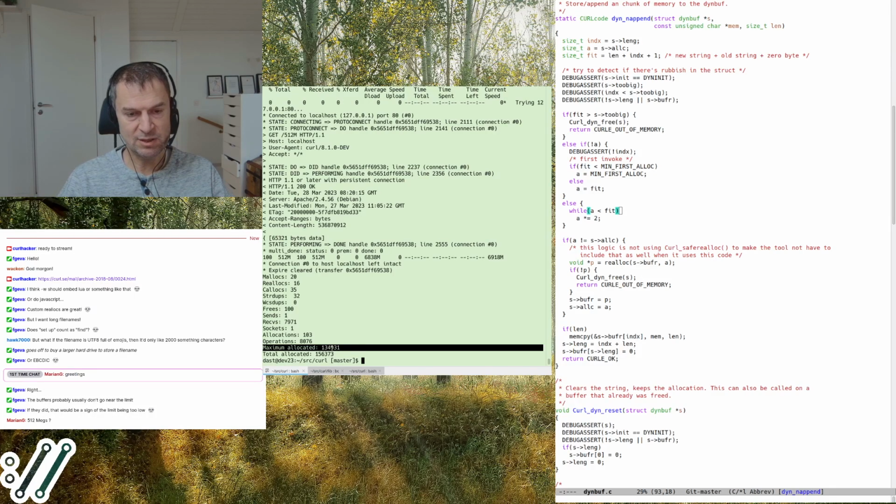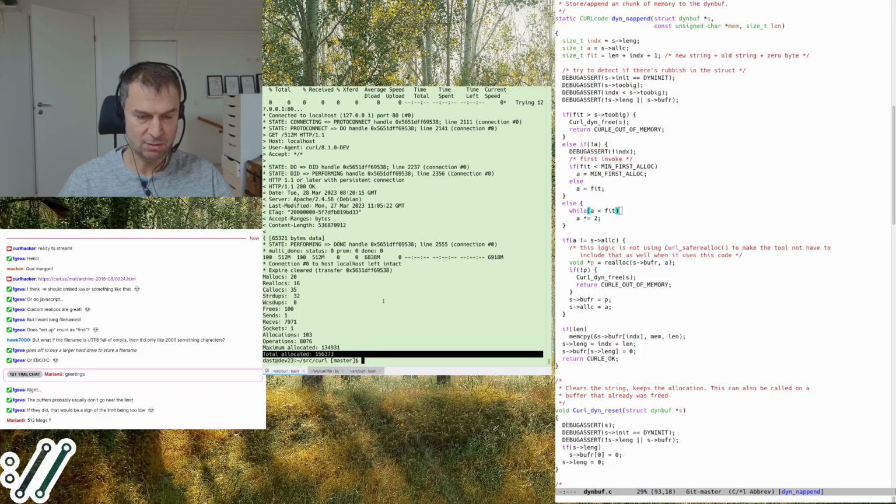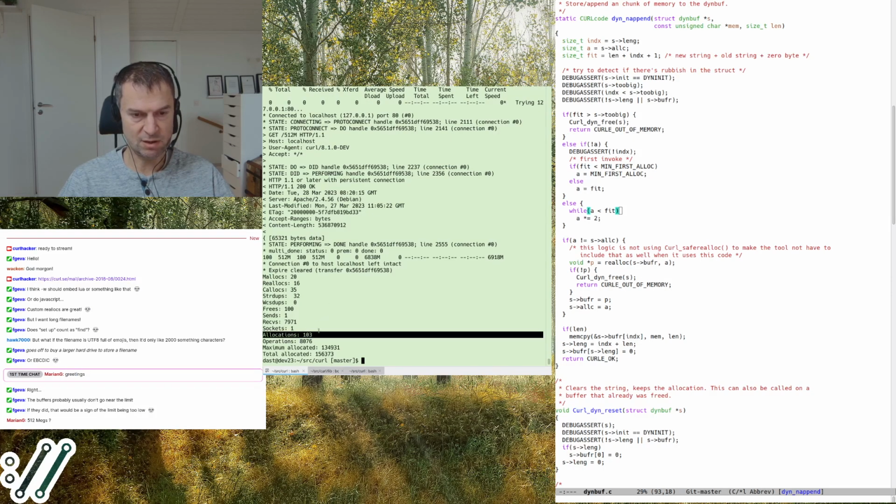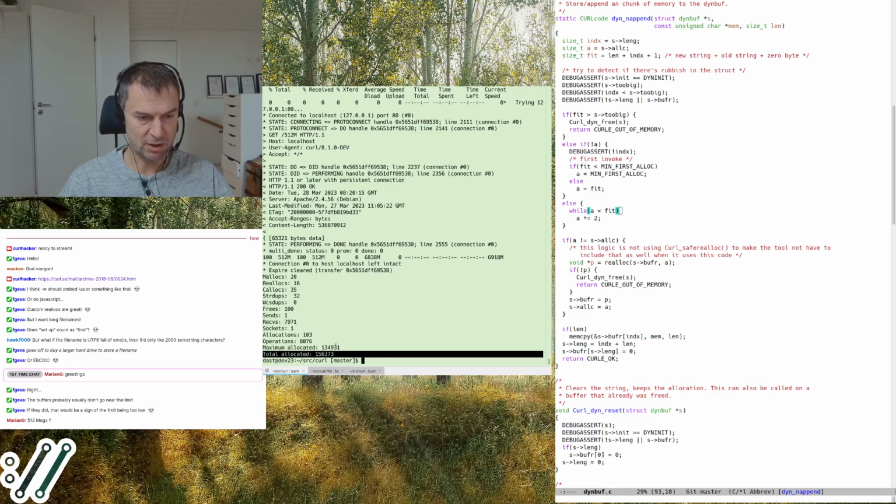Oh, right, this only shows the maximum number, the peak amount. Or okay, it shows the total too. So for a 500 meg download, it allocates 103 times, and that's the total amount of memory.